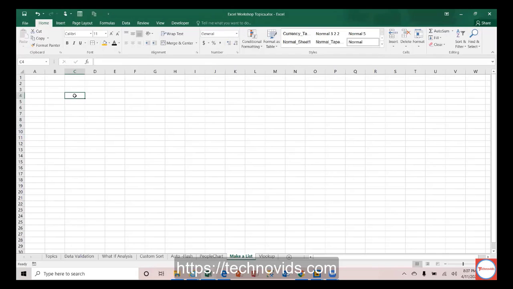Okay. So let us say I'm handling a team, maybe team lead or team manager or something like that, and I would like to have the list of that team's members, and I don't want to copy the team members' names again and again. This is a small example. You can use it for anything else. You may have products in your company. You may have some regions to deal with. You may have some items, right? And so on and so forth. So a lot of things can be handled with this concept called the list.